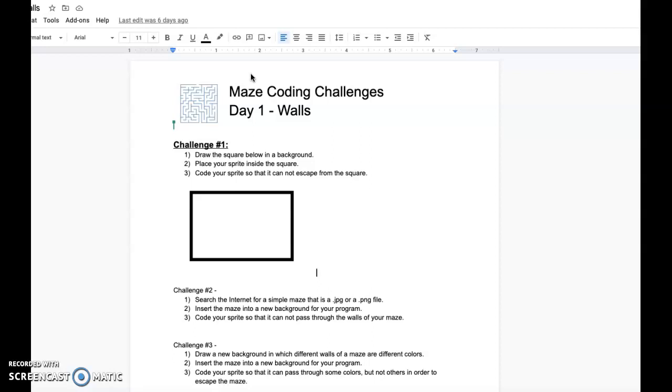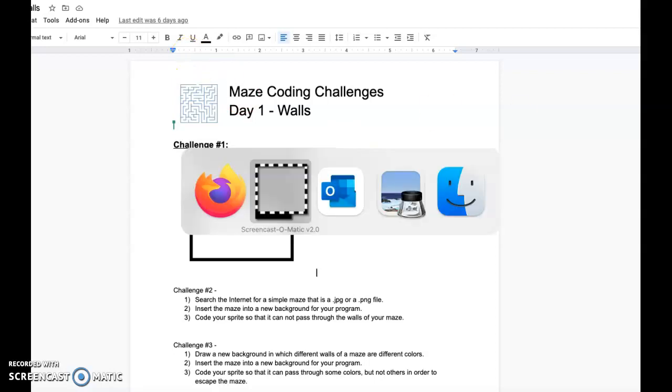In this video, we're going to talk about Day 1, Challenge 1. In this challenge, you are asked to do the following. You are asked to draw the square below in a background, place your sprite inside the square, and then code your sprite so that it cannot escape. So let's go into Scratch